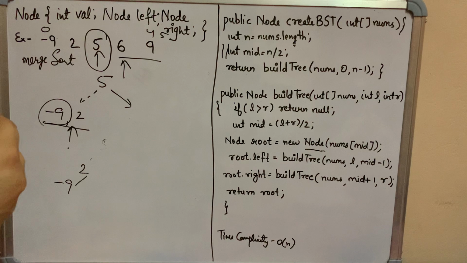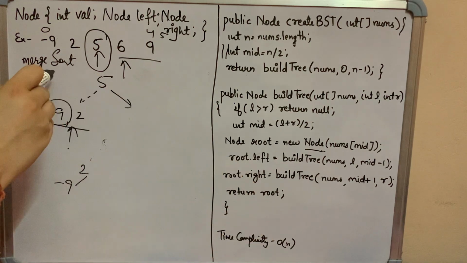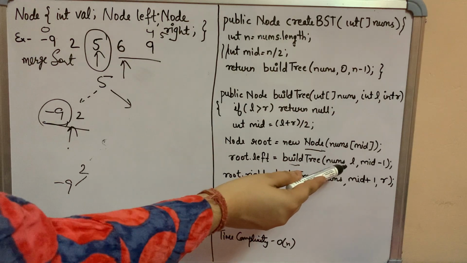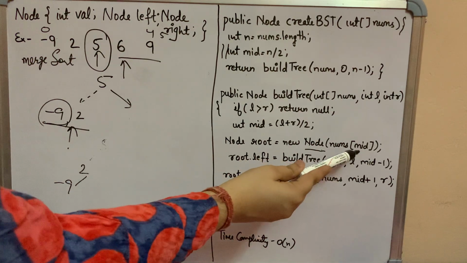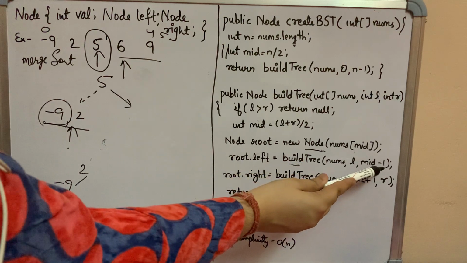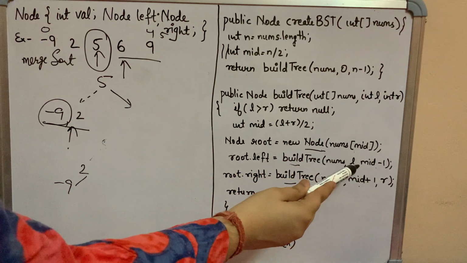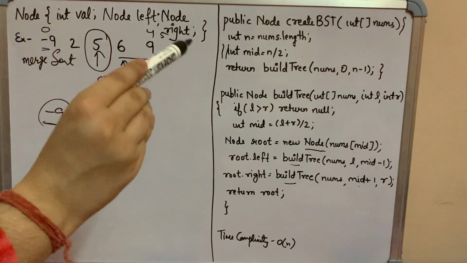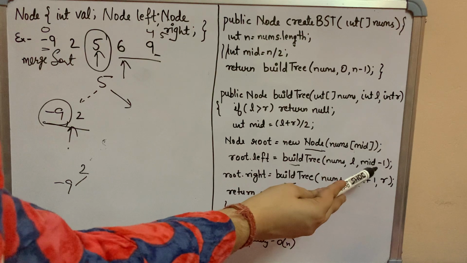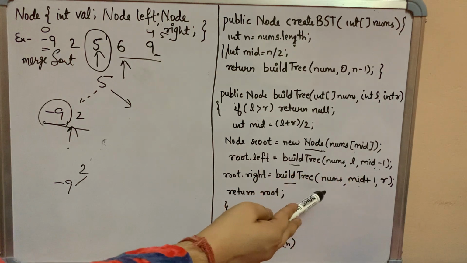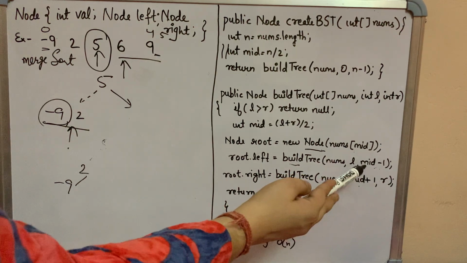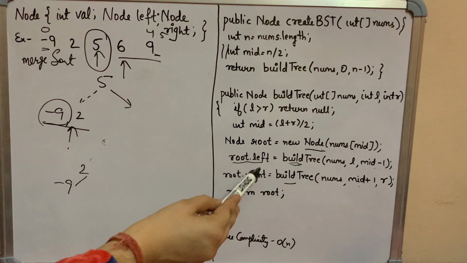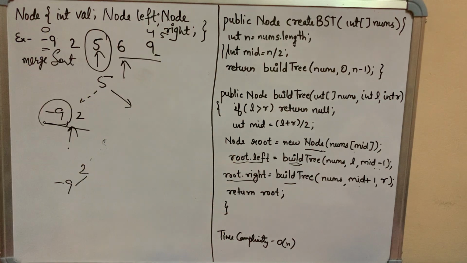Now let's move ahead. Once you do this, you call this build tree function again, once for the left one, once for the right. The middle one is already processed, so you do -1 and +1. L and R remain the same because your starting point and ending point still remain the same. You just change it for the left to middle -1, and for the right to middle +1, the starting and ending points. Whatever outcome comes out, you assign it to your left node and to your right. Now this part is interesting, right?